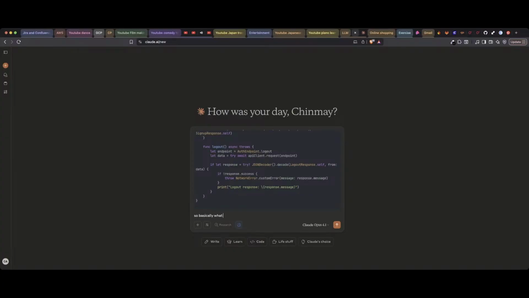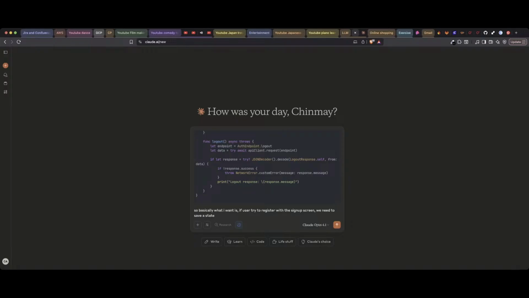So basically, what I want is if user tries to register with the sign up screen, need to save a state in the app, like user with this email not confirmed the email yet,